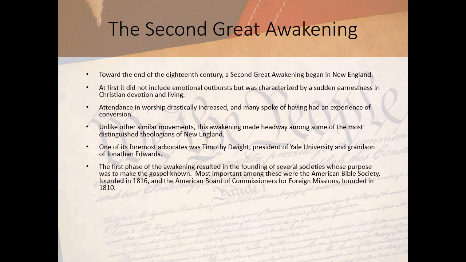this movement. The first phase of the awakening resulted in the founding of several societies whose purpose was to make the gospel known. Most important among these were the American Bible Society, which was founded in 1816, and the American Board of Commissioners for Foreign Missions, founded in 1810. And these two groups are going to have a lot of play in what's going to happen going forward in